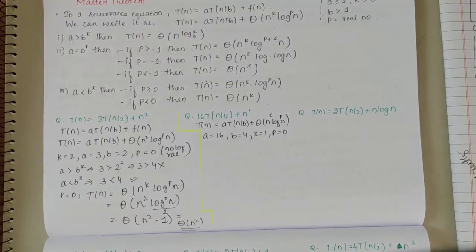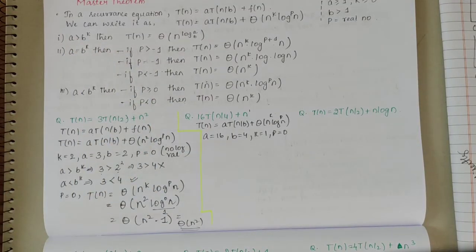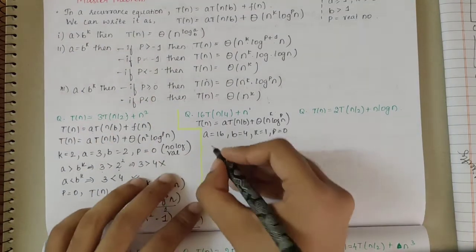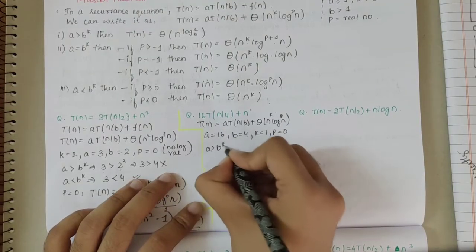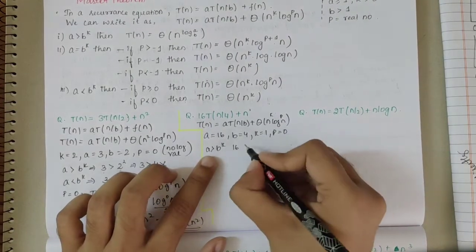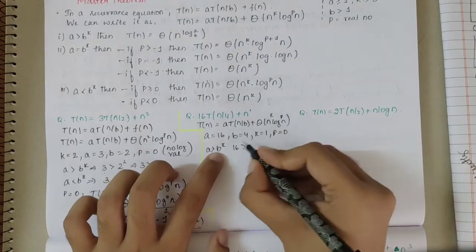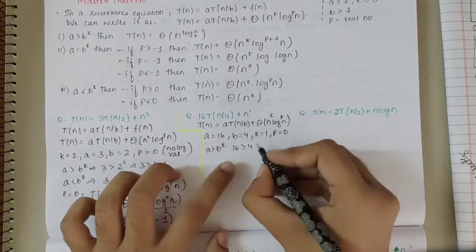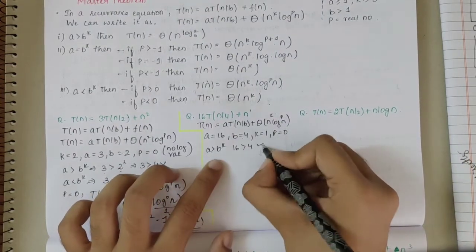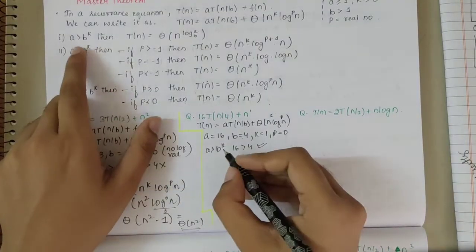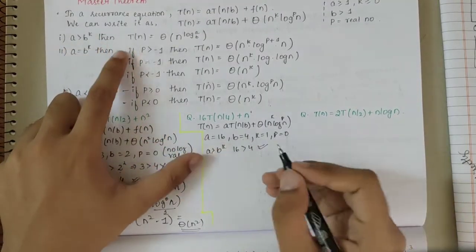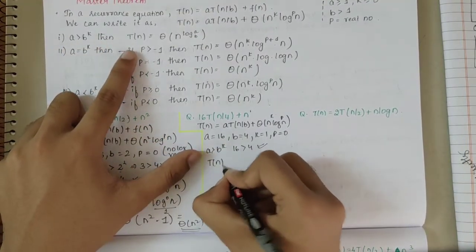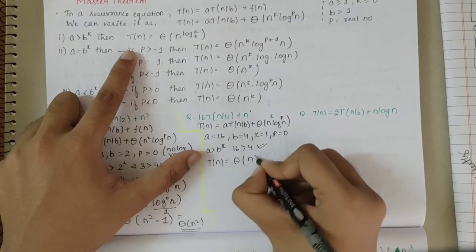Now I'll check the three conditions. A is greater than b power k, is equal to b power k, is less than b power k. So first I'll start with a is greater than b power k. What is a value? 16. 16 is greater than b power k. B is 4, k is 1. So this condition is satisfied, right? So the first formula is obeying here. So I can write the formula as T of n is equal to theta of n